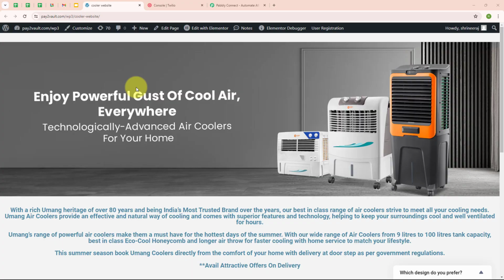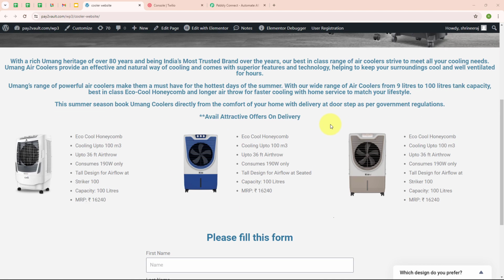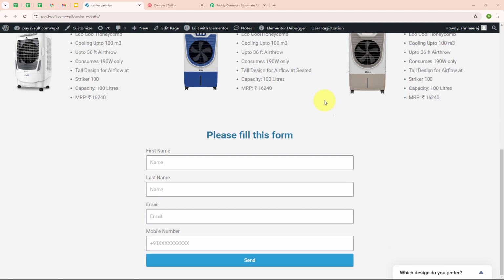Welcome to my screen. Here you can see the website form which I have created using Elementor, and in this case I want whenever a new form submission is made in this form, automatically using an SMS sending application named Twilio, an SMS should be sent to that lead. So to build this connection, I need to connect my form with my Twilio account. And to build this connection, I'm going to use an automation software named Pabbly Connect.